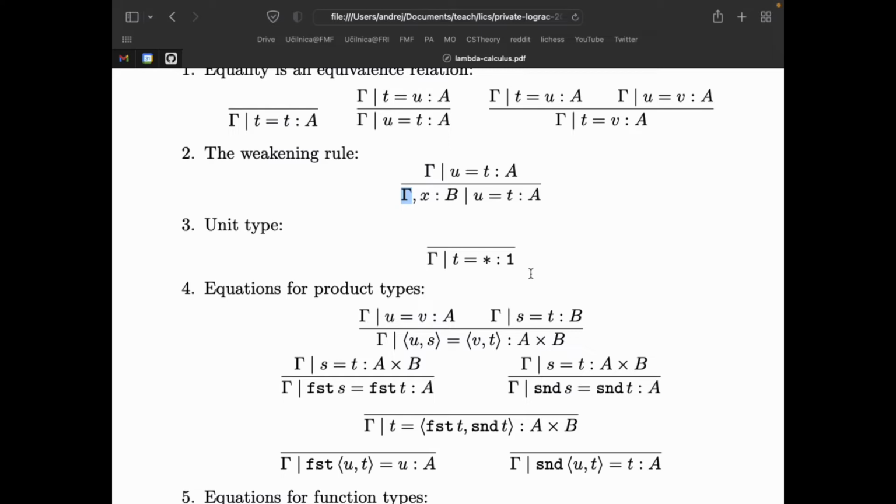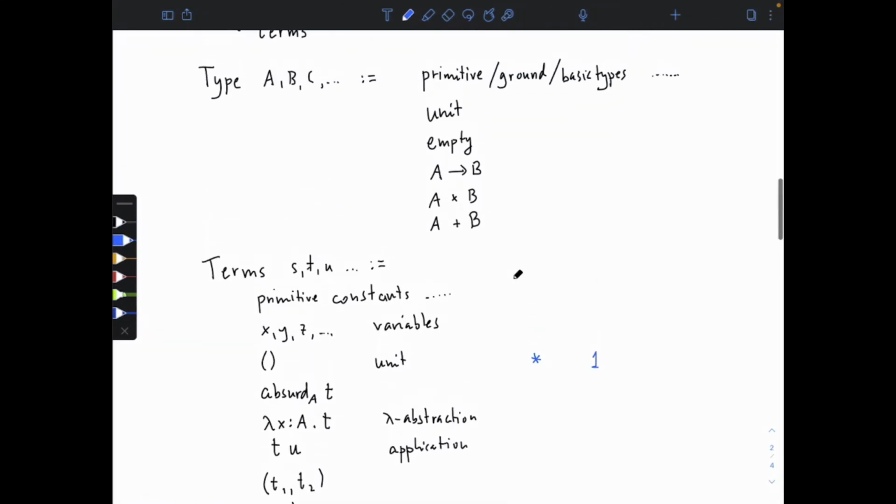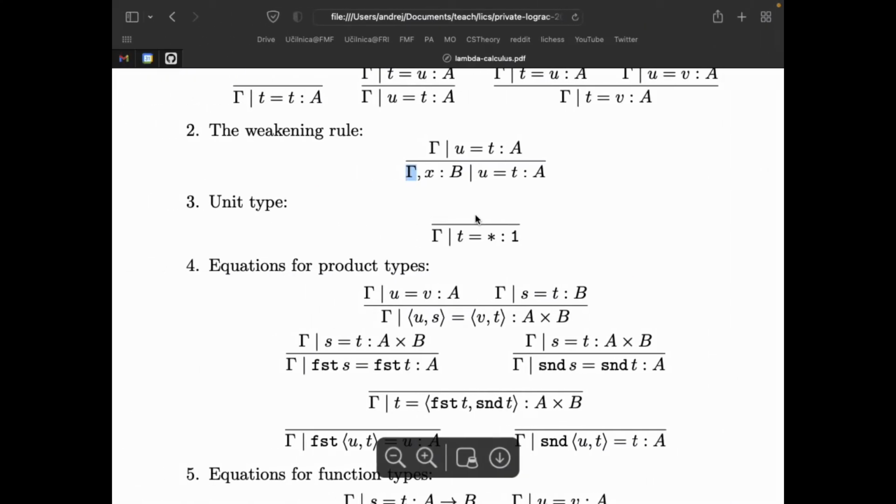The unit type says, the unit type. Okay, so now we go down the list of these types, and we ask for each one of them, what are some equations that we want? And we're going to get equations except for empty and plus, which we have to add because these nodes don't have them. Okay, so the equation for the unit type expresses the fact that the unit type has just